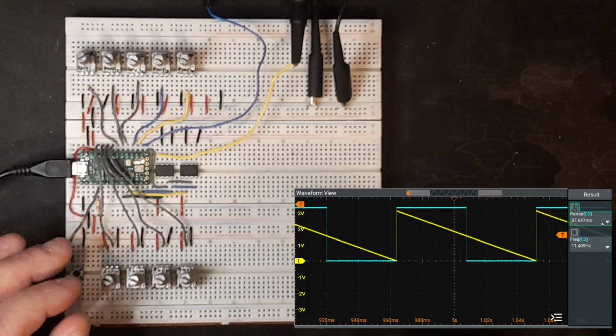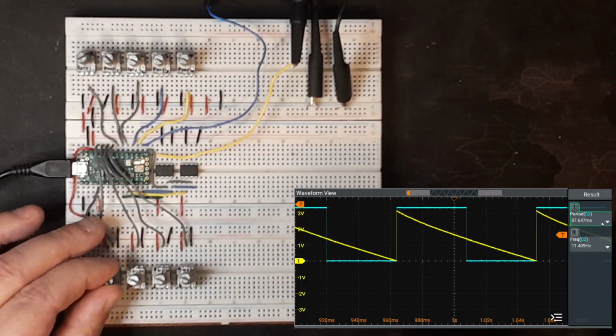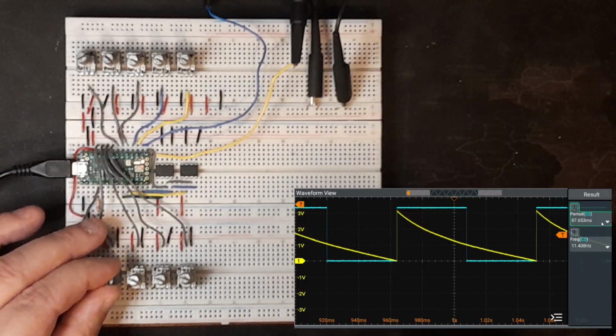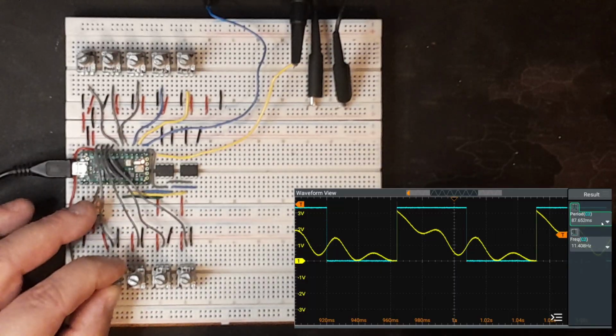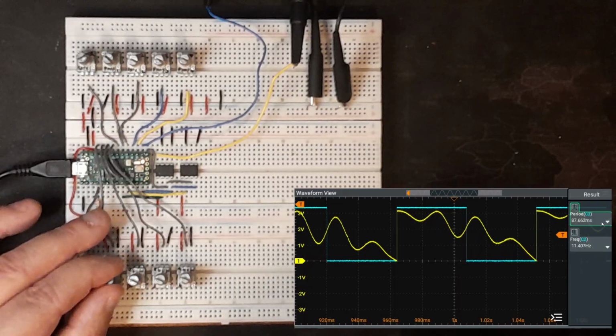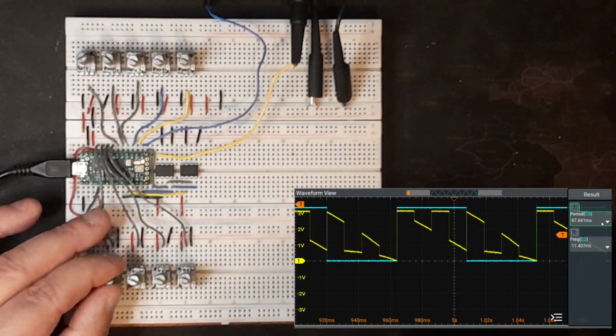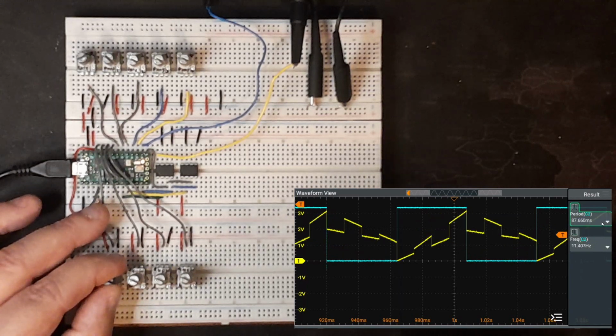And then I can morph between different wave shapes. And the morph control is unique to each channel.